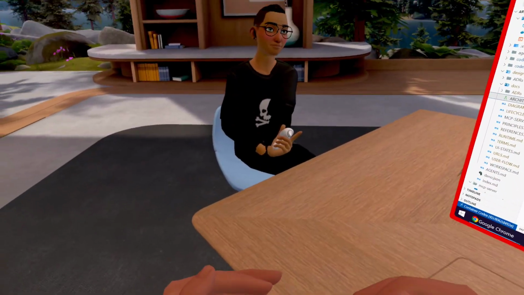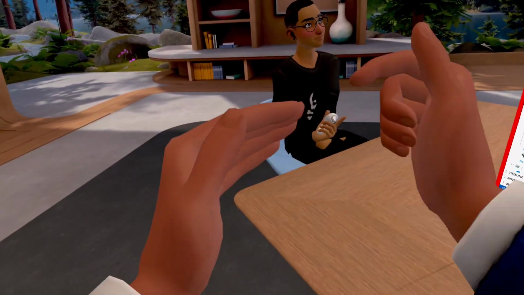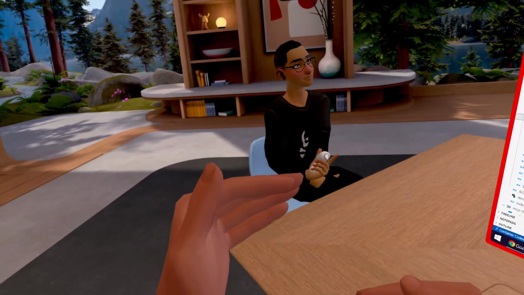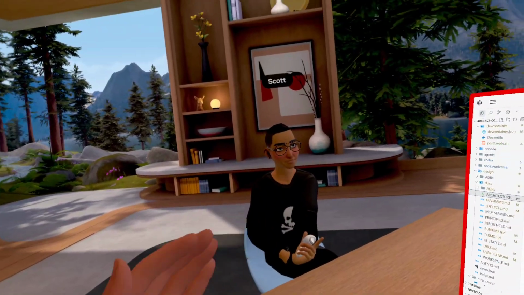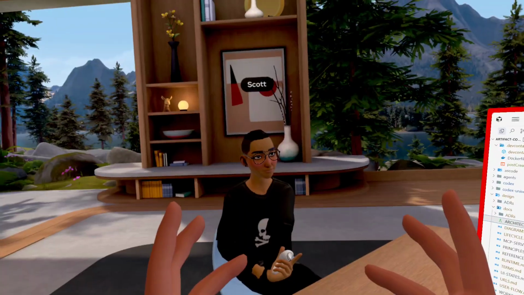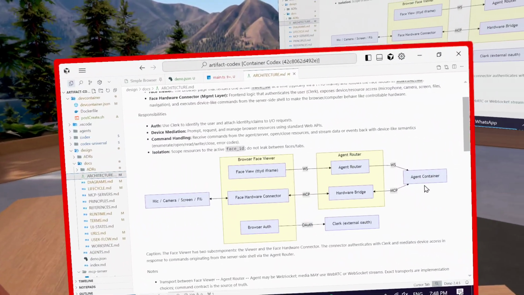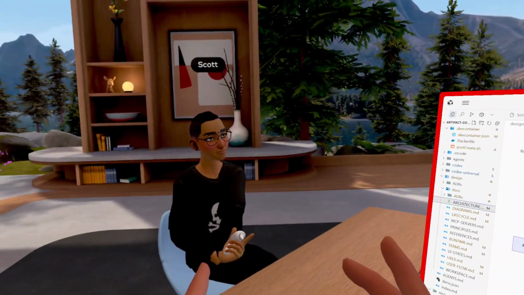So my browser flicks in, and it's now showing the boot process of this container as it comes online, and then it gets to a certain stage where it's got enough resources that it's like, oh, hey, you actually want agent XYZ.